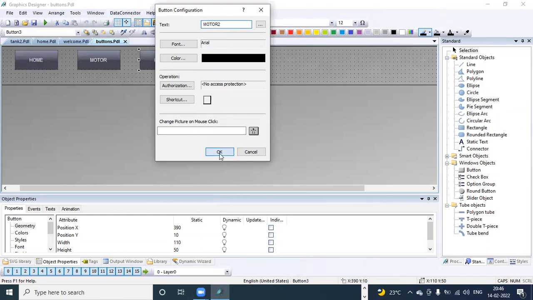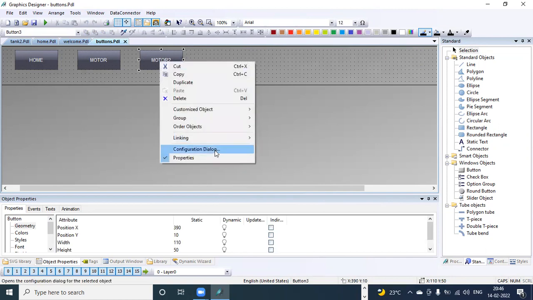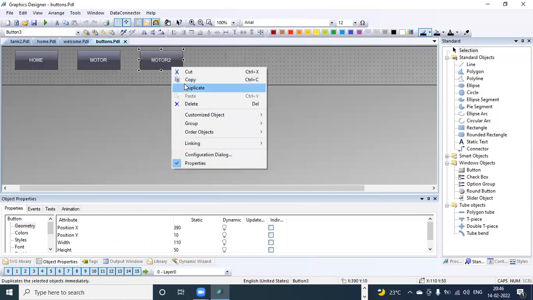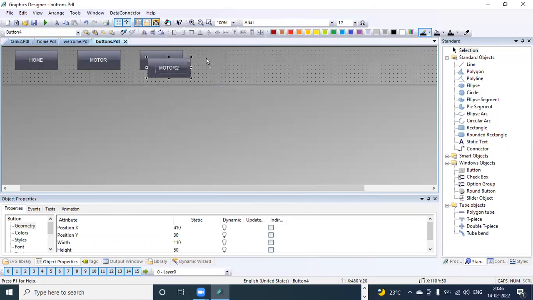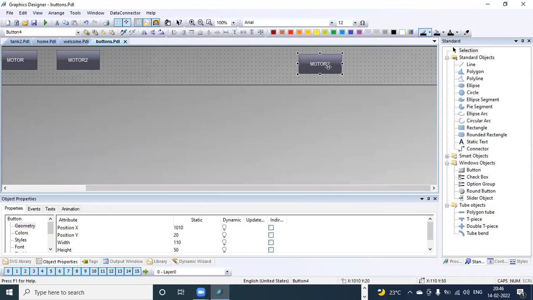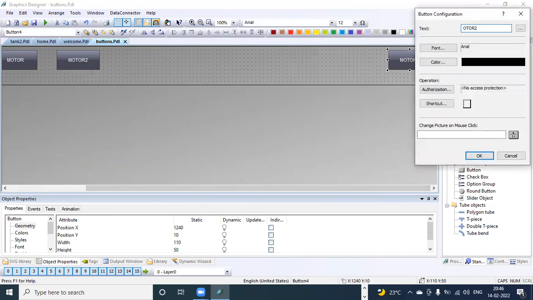So here, duplicate one more. Keep it in the corner of the window for exit purpose, as an exit button.